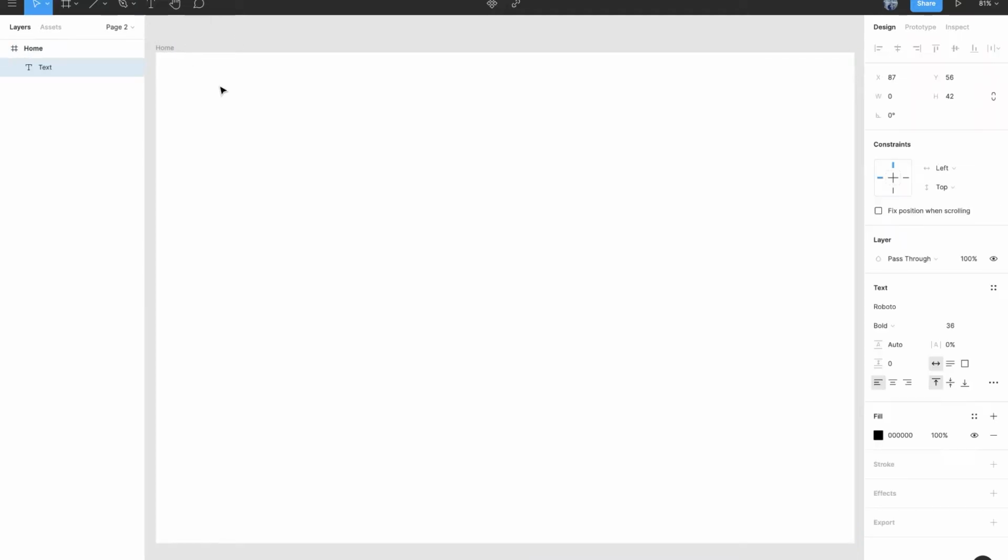Now all you have to do is make a wireframe that looks exactly like a sketch by using the shapes and tools of Figma and also the text box. Just click the tool that you will use and click it into your frame. And if you want to resize it, just pull the side of the shape, or you can change it manually on the right side panel.